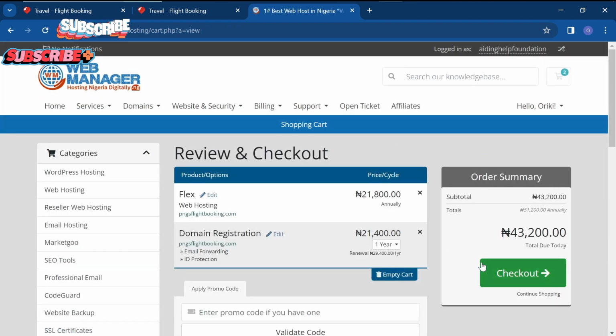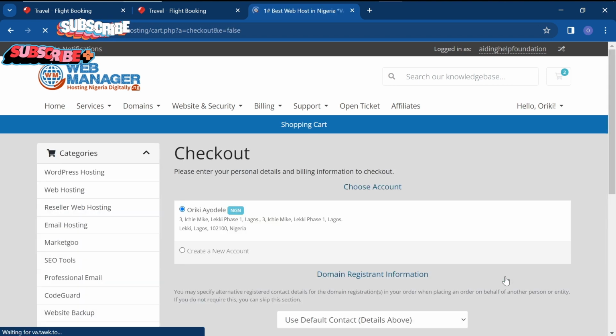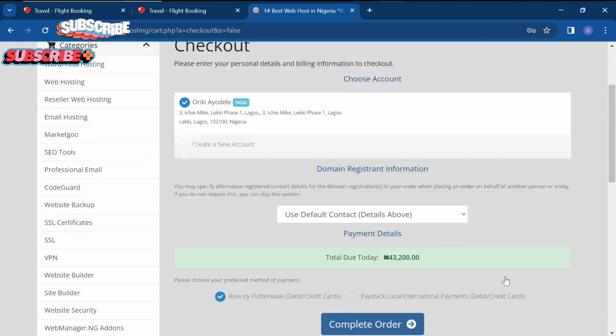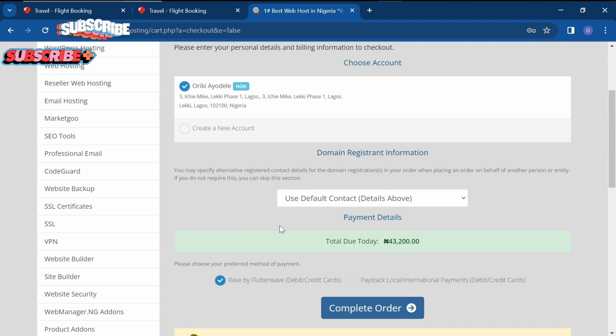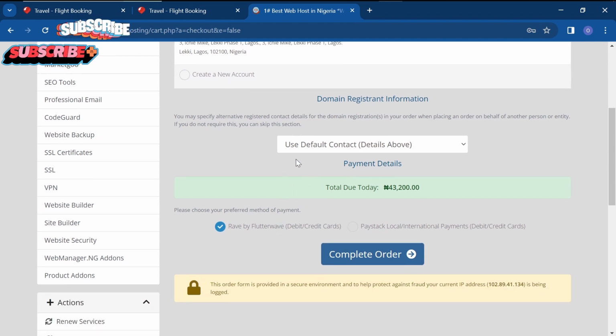Next, it's time to check out. It's checkout time. You're going to click on checkout and it's going to prompt you. Let me show you the process down below. Once you're right here, since you do not have money in your wallet on this side, you just go ahead with your Rave by Flutterwave, then click on complete order. You can use your card to pay, or you can use transfer. You just go to your app and copy the